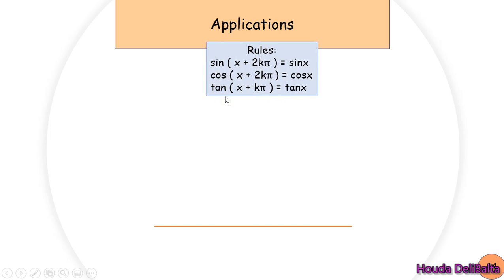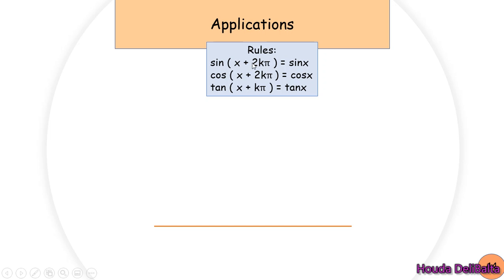And finally, here is the last part of our chapter. We are going to do applications on the rules concerning the associated arcs. And before that, let's have this remark. Let's read it. We have that sine of x plus 2k pi is just sine of x, because as you